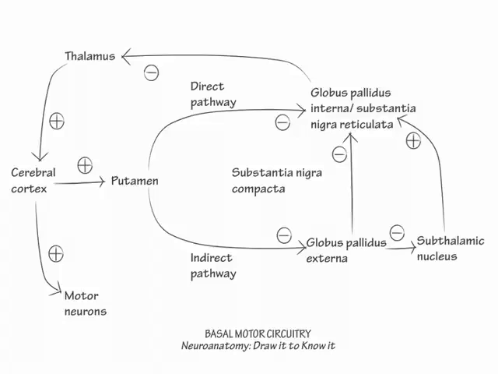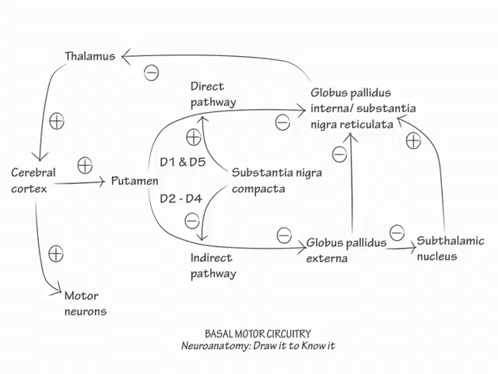Indicate the dopamine 1 and 5 receptors, which are excitatory. Show that substantia nigra activation of these receptors causes excitation of the direct pathway and thus excitation of the excitatory loop. Then label the dopamine 2 through 4 receptors, which are inhibitory. Show that substantia nigra compacta activation of these produces inhibition of the indirect pathway and thus inhibition of the inhibitory